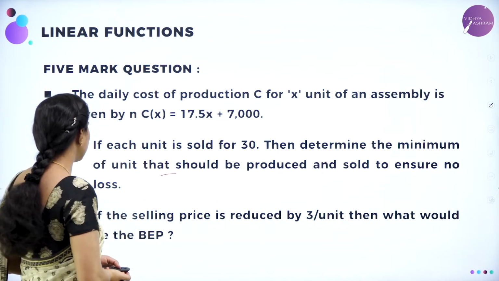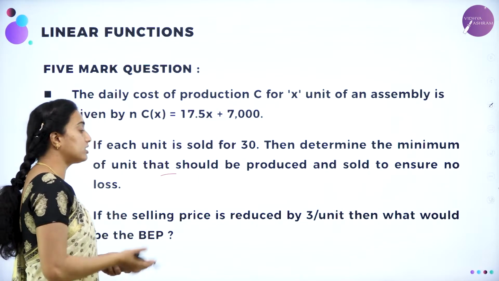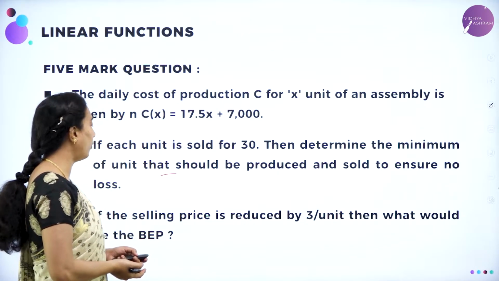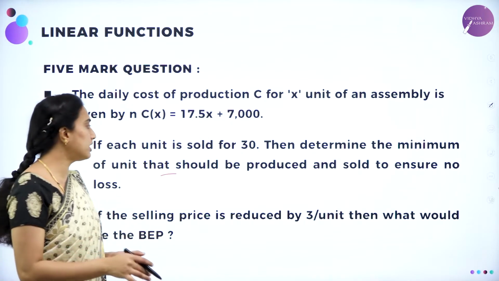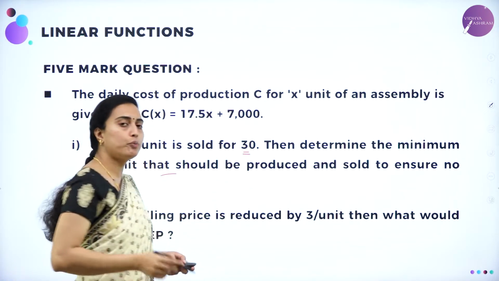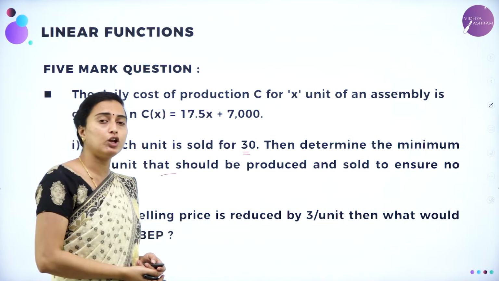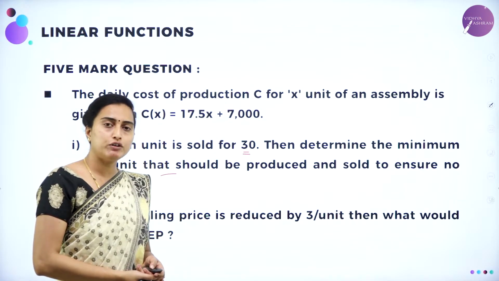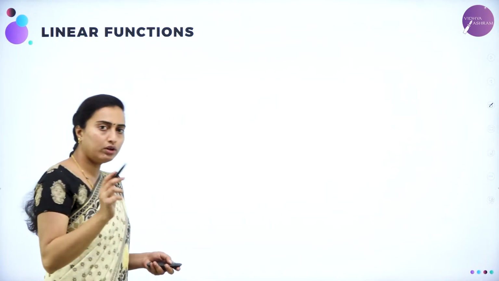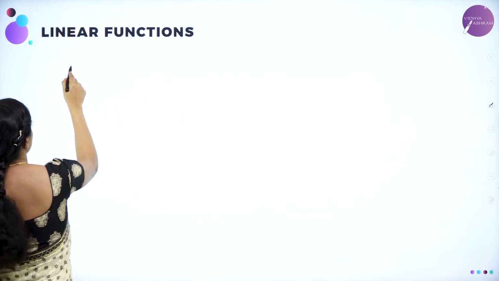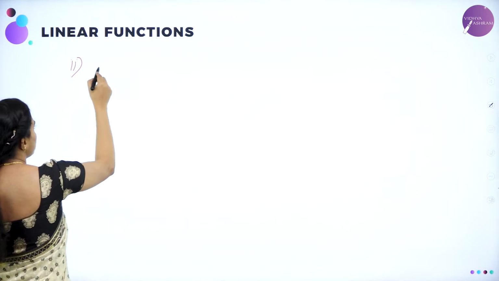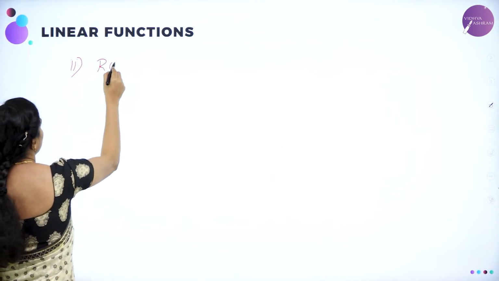Now what is the second question they've asked? If the selling price is reduced by 3 units, then what would be the BEP? What was the selling price they have given? Selling price is rupees 30 according to the first question. Now if it is reduced by 3 rupees, what will be the revenue function? 27. So therefore I can take it for the second one, R of X will be equal to